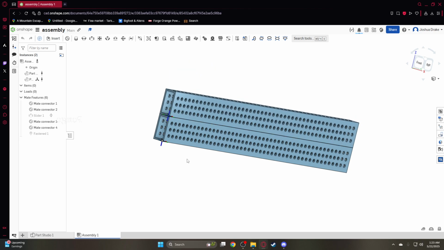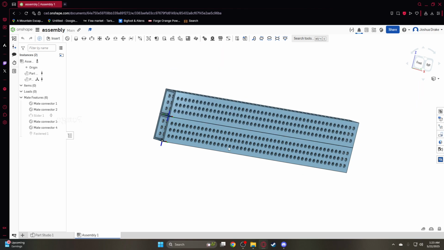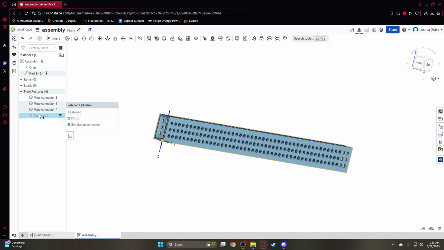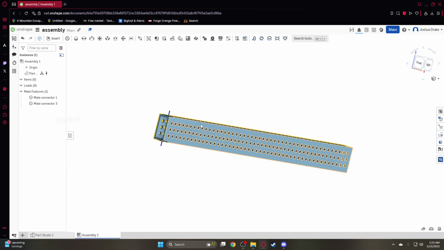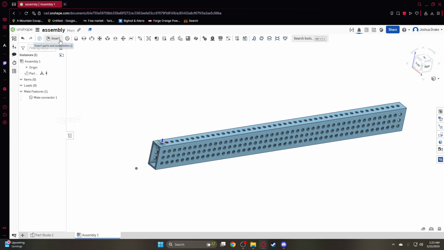And I have effectively made a decently realistic part or assembly. So that's pretty cool. But now I don't need this part anymore, and I don't need this part. I don't need most of this stuff. I just need this box tubing and one of these mate connectors, and I also want another mate connector over here. I'm gonna go ahead and check mark that,